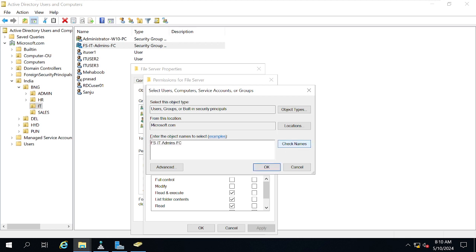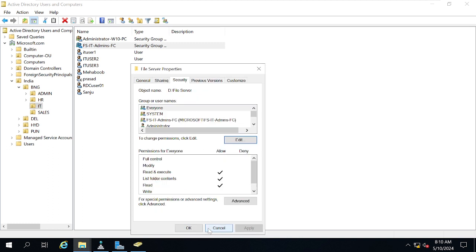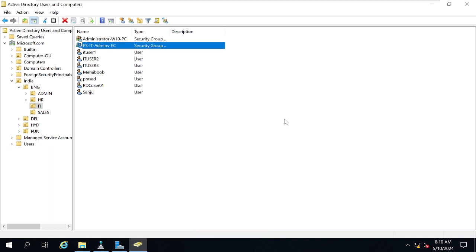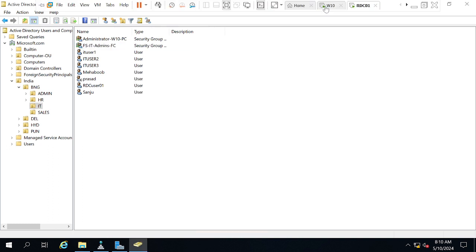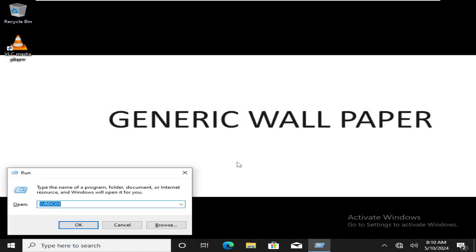Check names. It came FS-IT-admins full control. As the name itself says, full control, we should be able to select the allow here, full control. Okay, click on the full control, apply. Okay, okay. Now if I go back to the Windows 10 machine and try to access the same folder